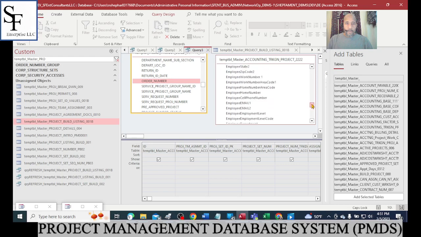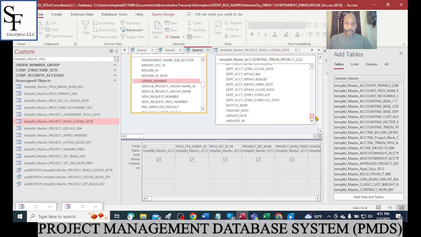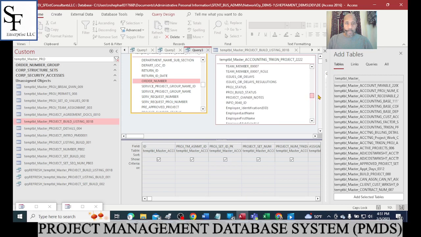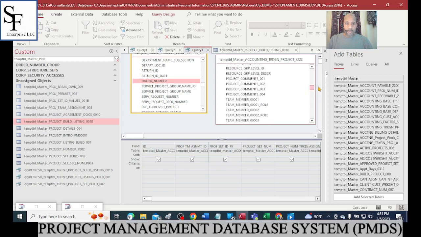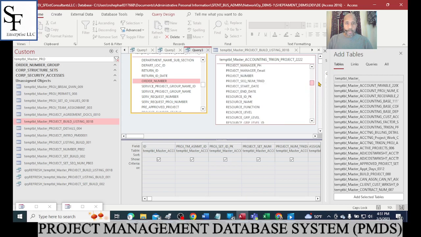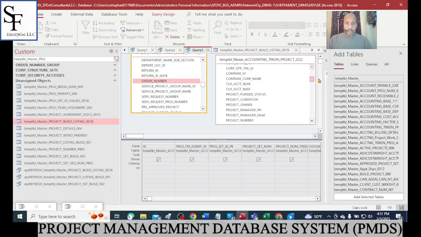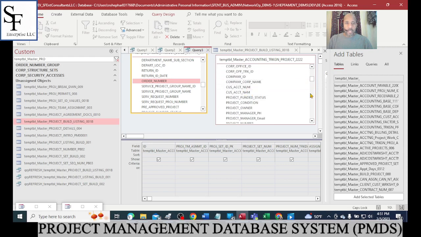Is the order number here? I don't see an order number. So I'm thinking that the order number drops off in this table. I think. And I think the reason why the order number drops off is that at this stage we